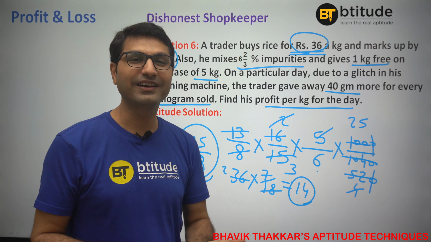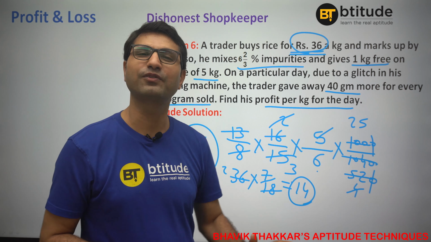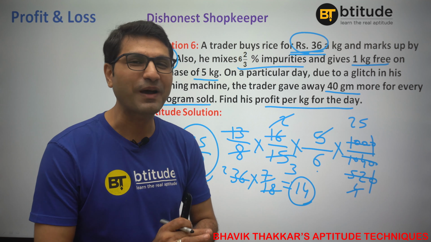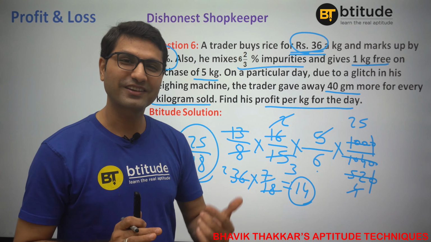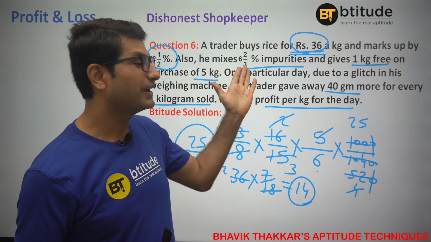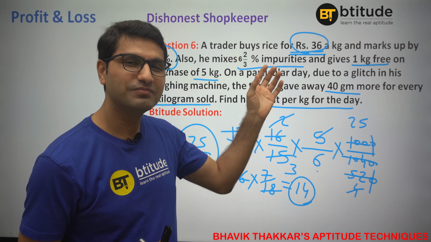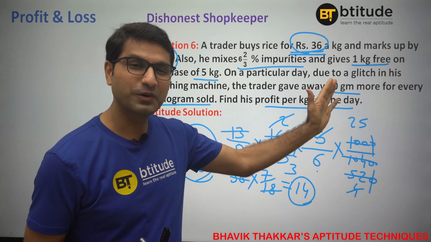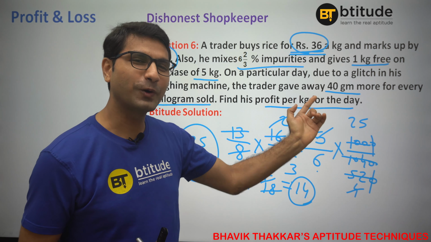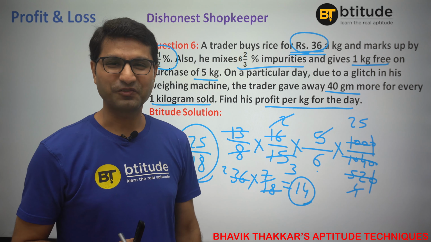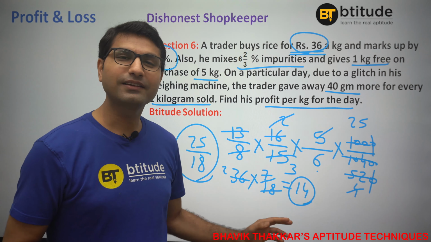So he could have actually done that. He could have actually fixed the price as 50, but the problem is then buyers don't buy it, right? They want discount. So what he had to do, he had to increase the price, and then he had to put some impurities, he had to give discount, and then also God had some role to play there. Fine. So I hope you are getting this pretty easy, right?